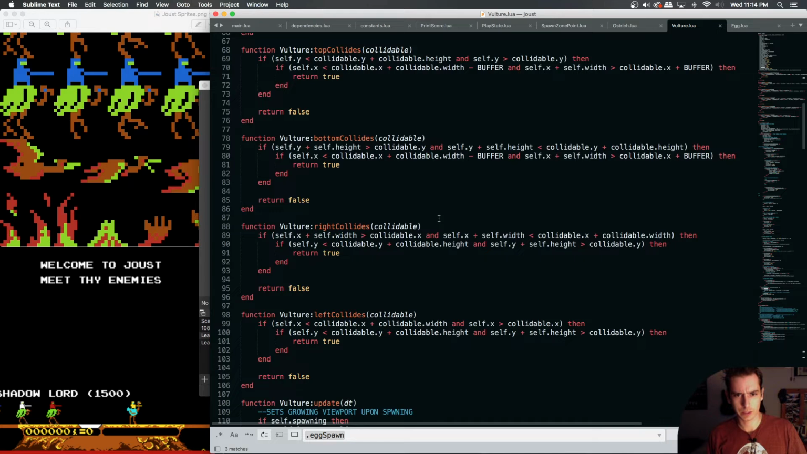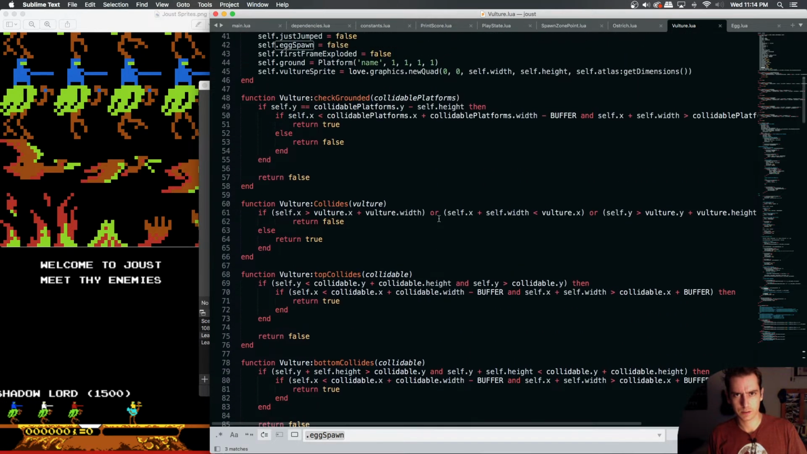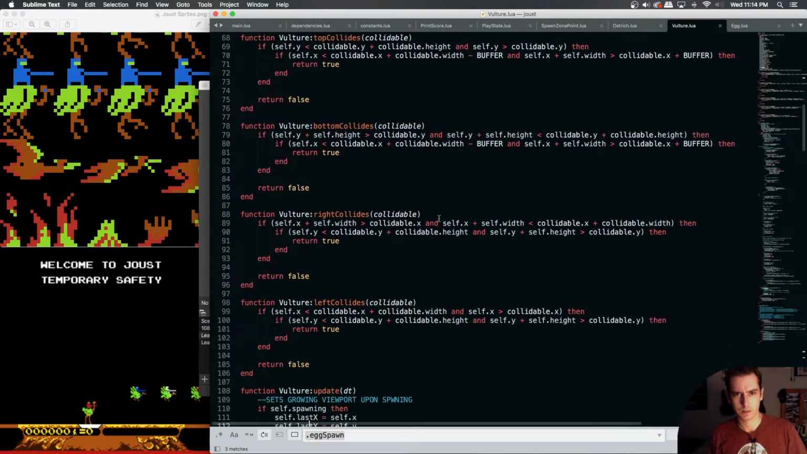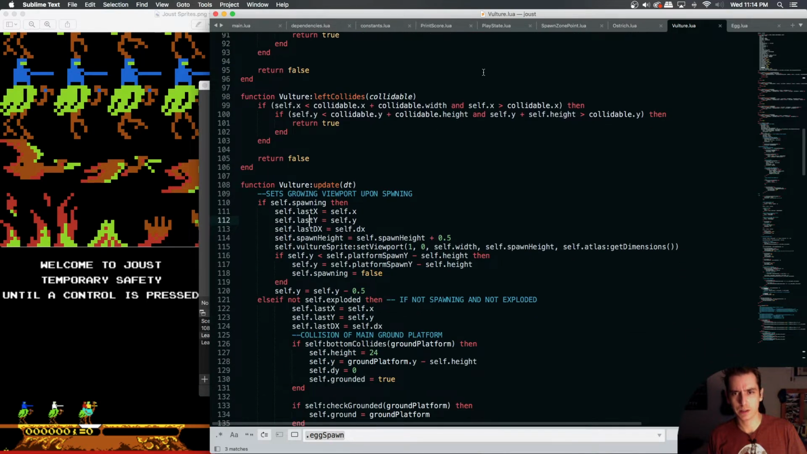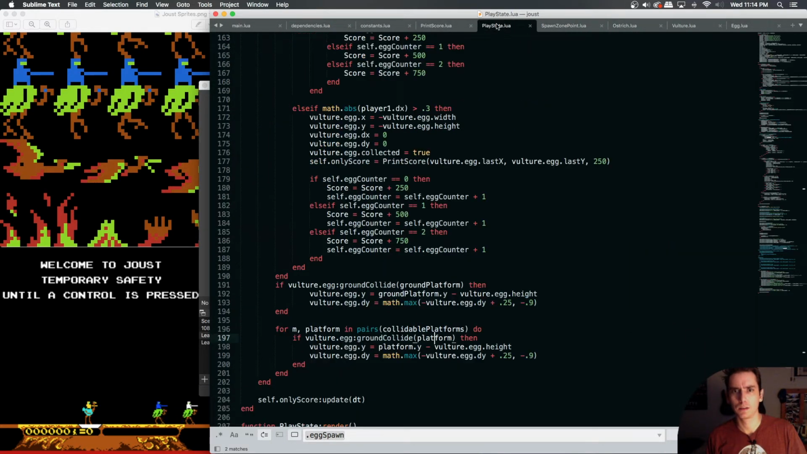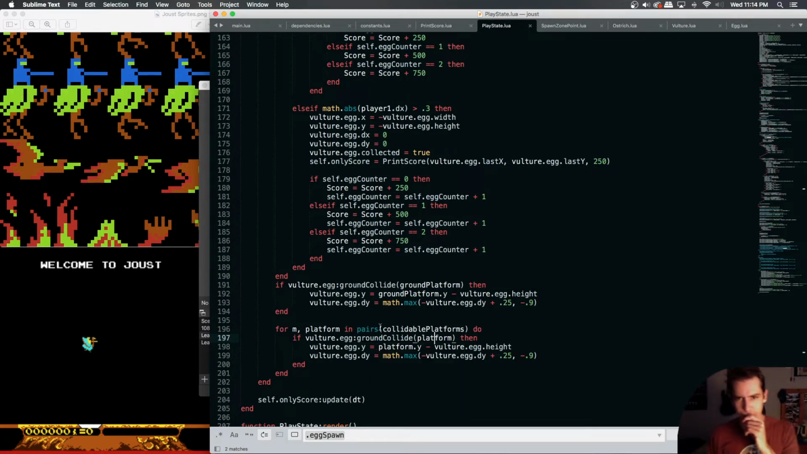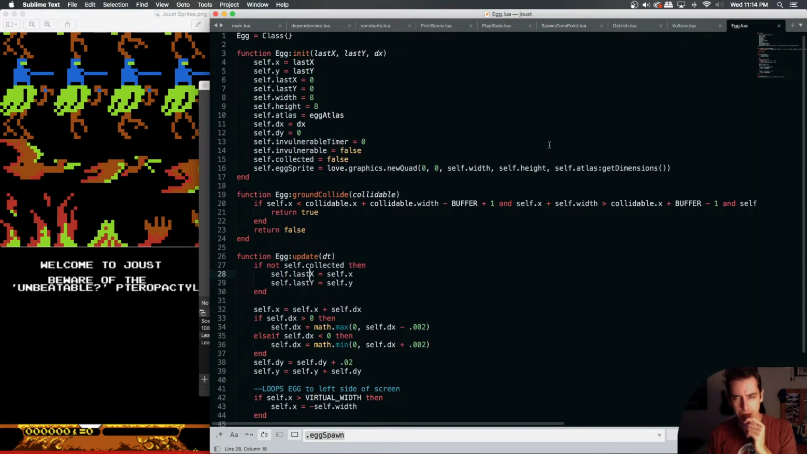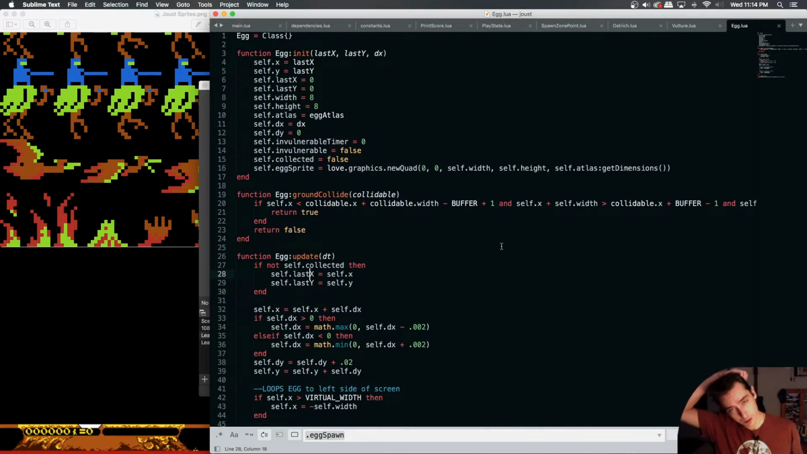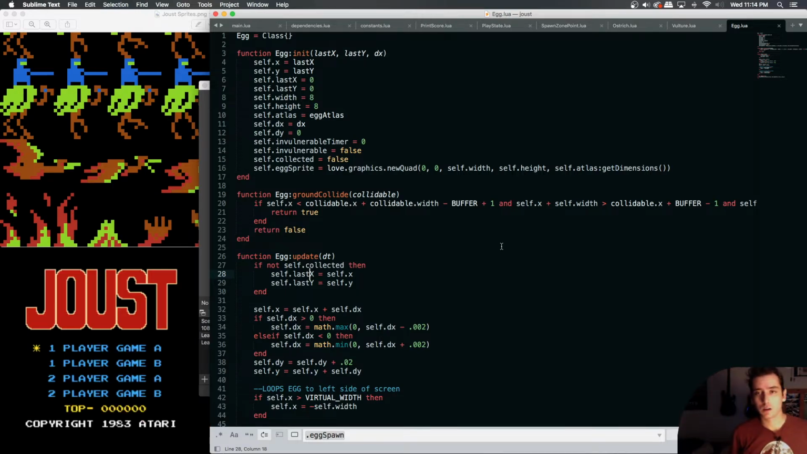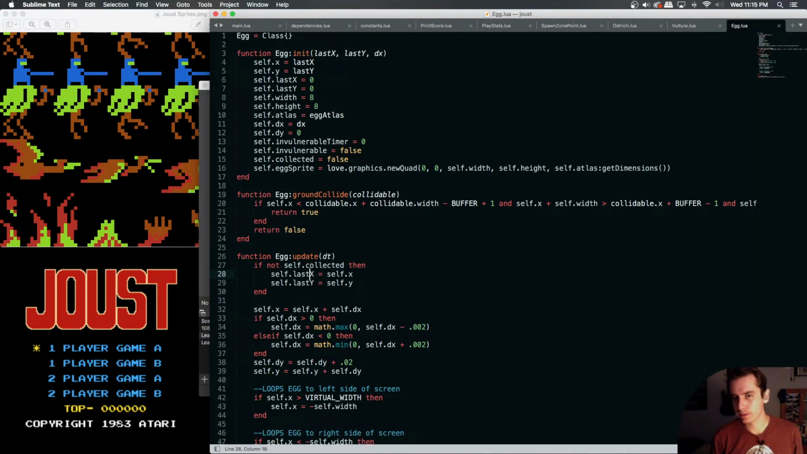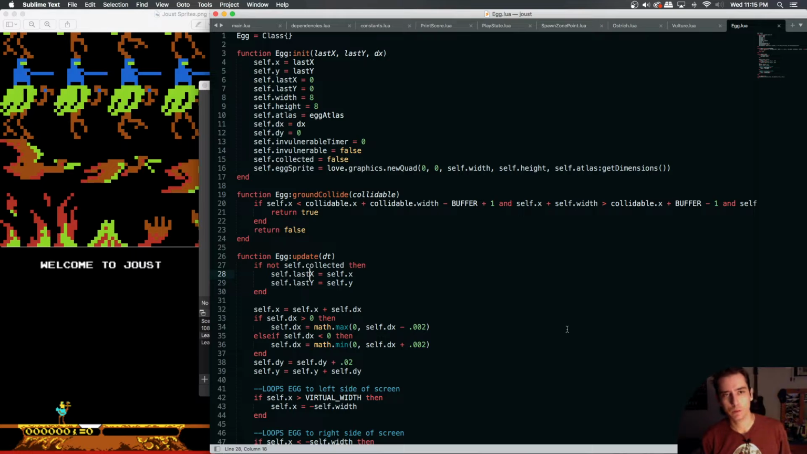Ground collides, ground collides. Really? Where's our ground collides function? We have a ground collide platform for our vulture.egg. So would that be an egg function? Okay, so it looks like we've got